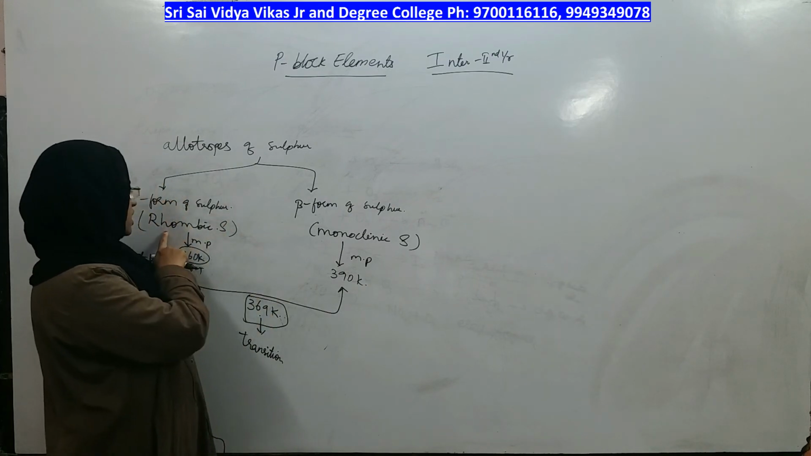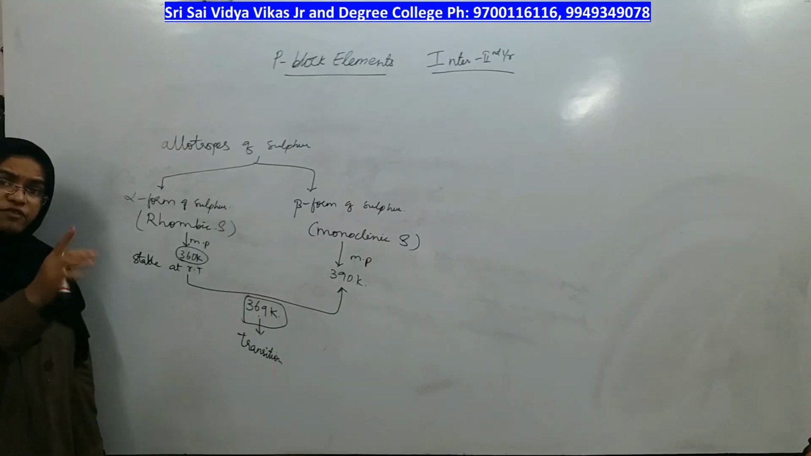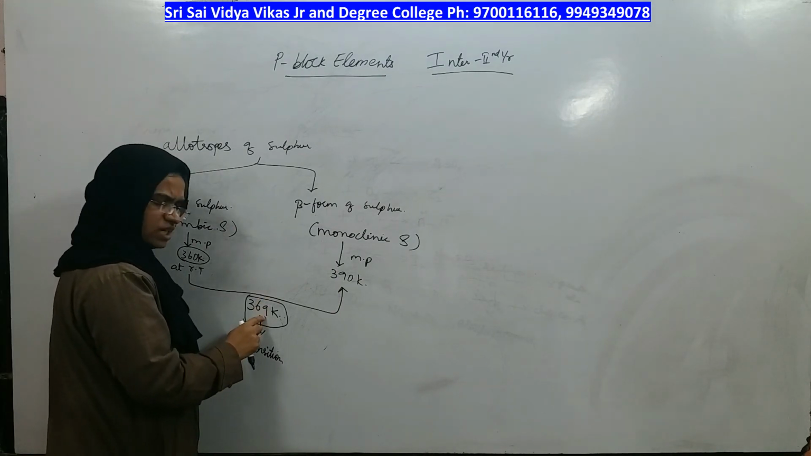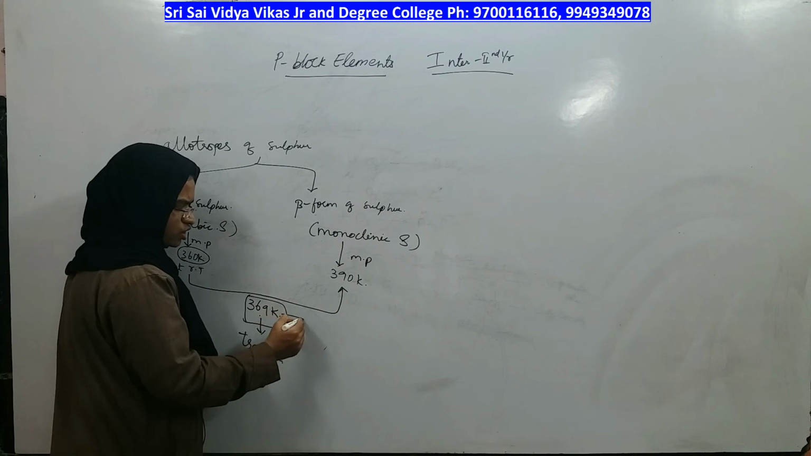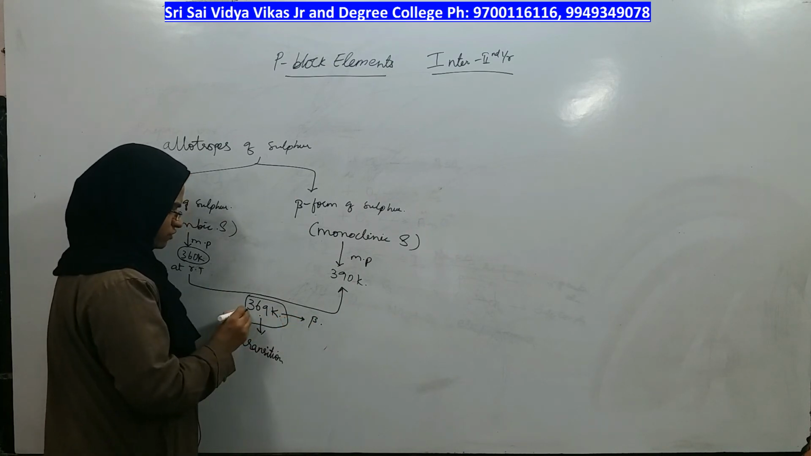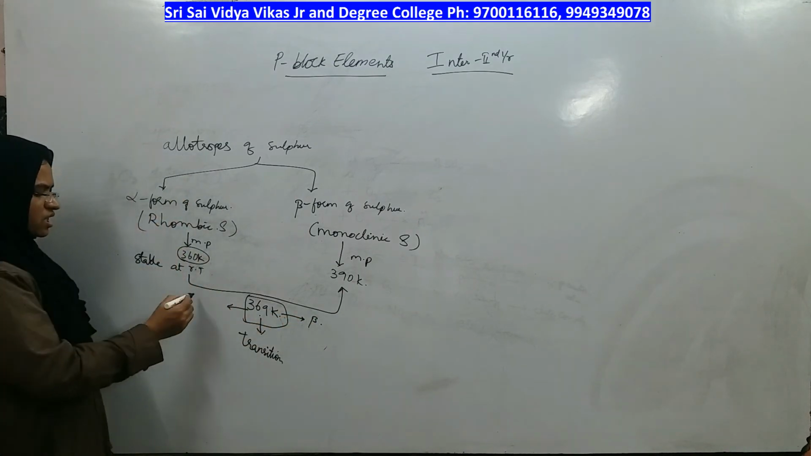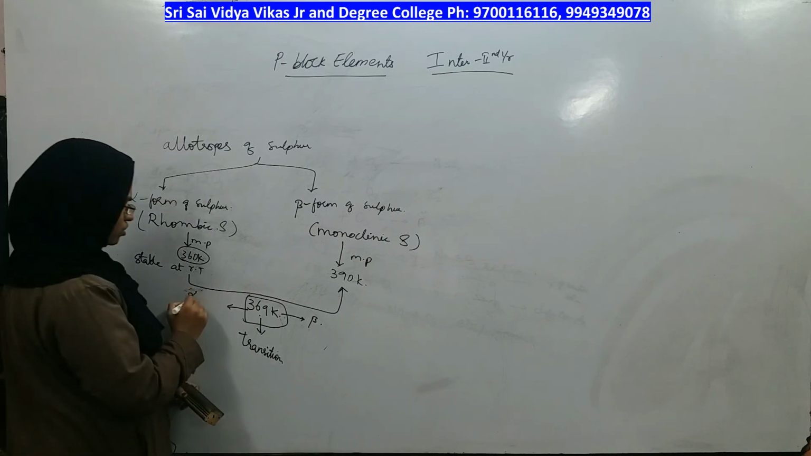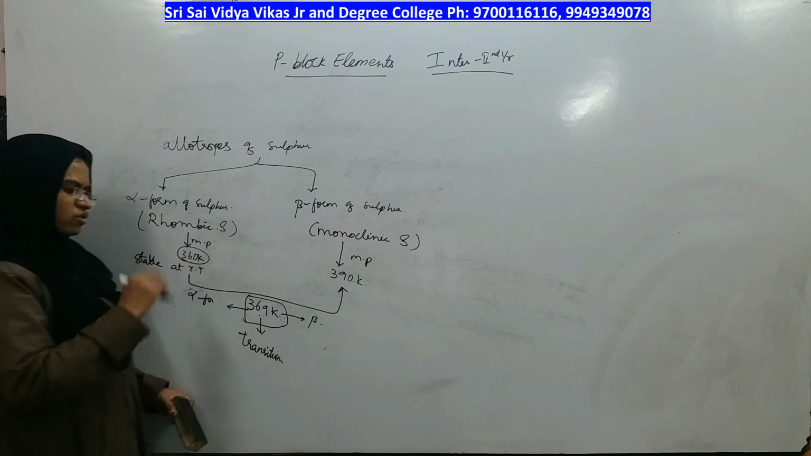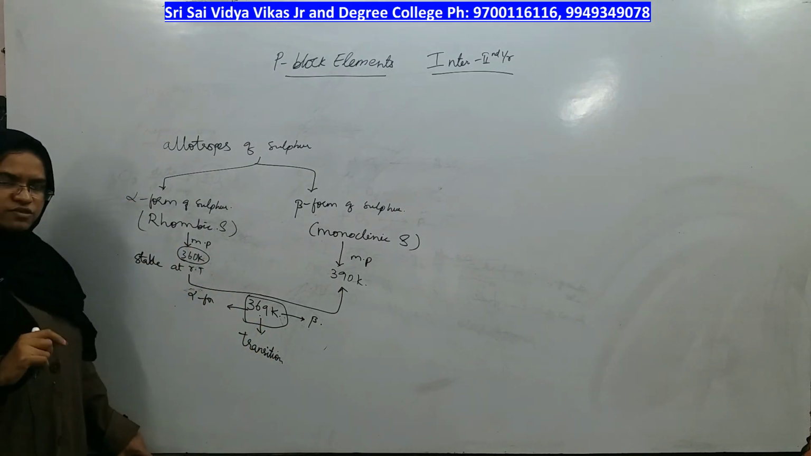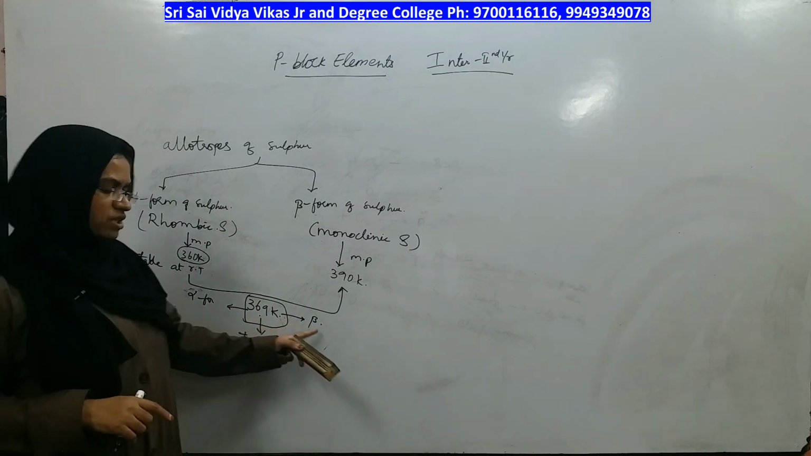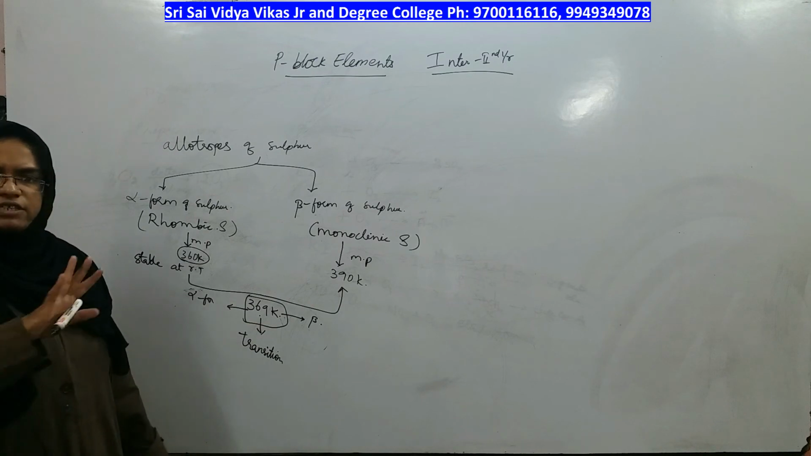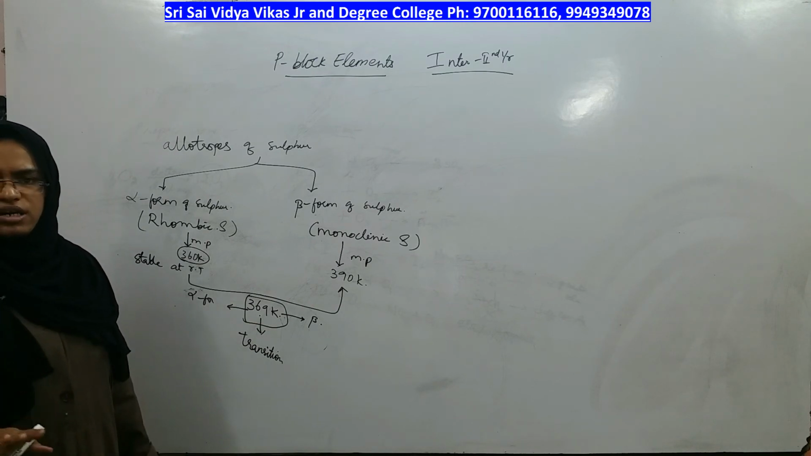Both the alpha form of sulfur as well as the beta form of sulfur you can find at this temperature. But if you increase the temperature more than 369, you will get only the beta form. If you decrease the temperature less than 369, you will get only the alpha form. At this temperature, both of them are stable. But before this temperature, only the alpha form of sulfur is stable. After this temperature, only the beta form of sulfur is stable. Therefore, this temperature in which both the allotropes are stable is called the transition